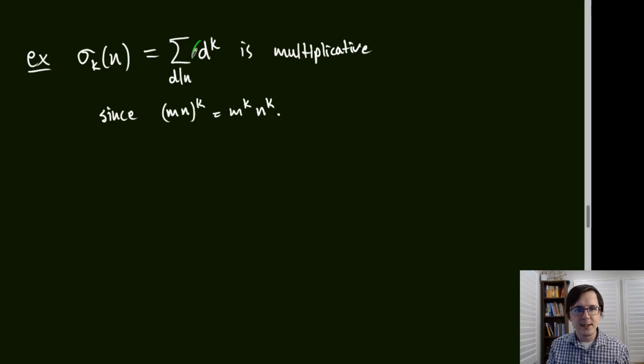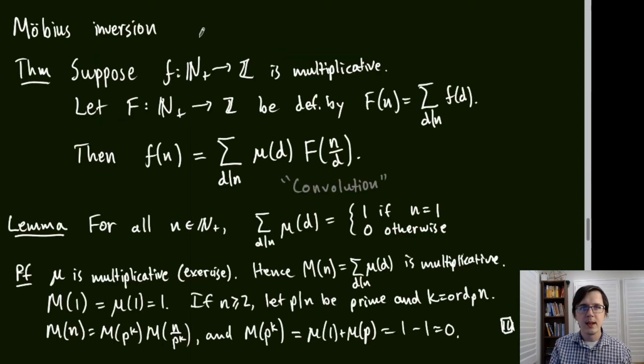That's because the function that we're summing over, this power to the power of k function, is multiplicative because it's just an exponentiation rule. So when k is 0, it's sort of trivially multiplicative because 1 is 1 times 1. Now that we've seen the d and sigma functions and their multiplicativity,